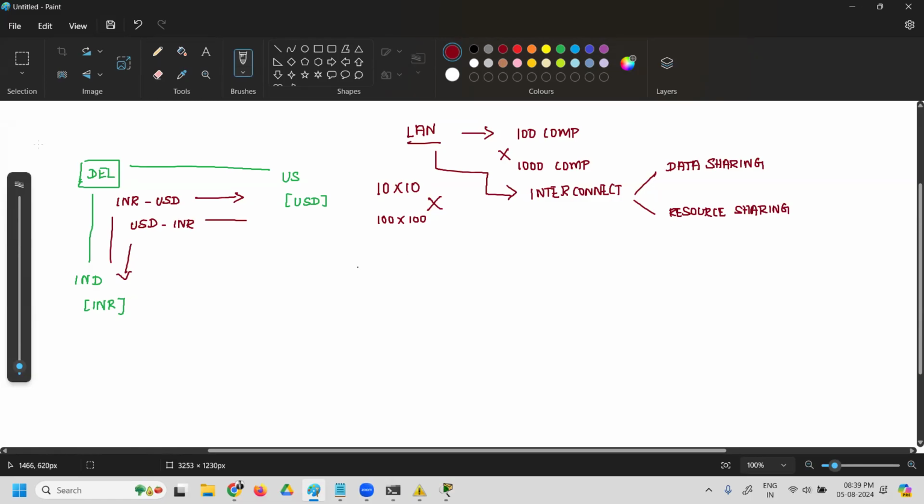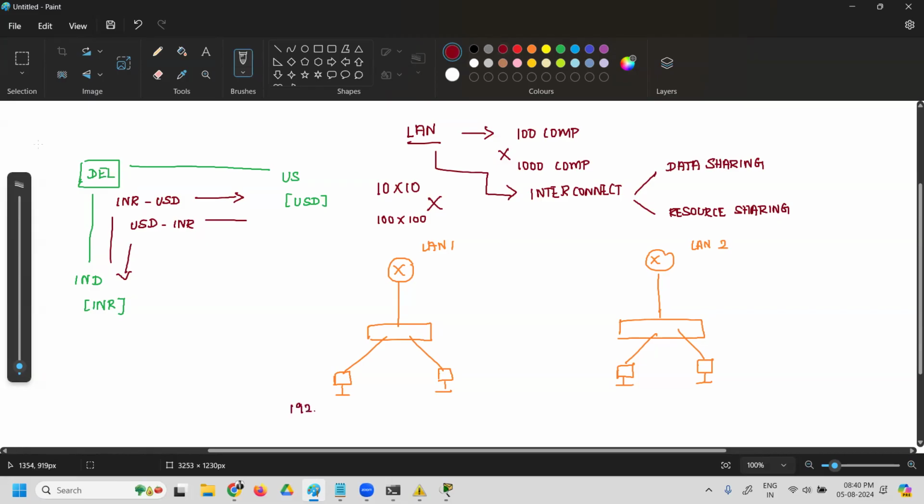Okay, so now coming back to private IP and public IP. Now, assume we have two LANs. This is one LAN, a router, and then a switch, and then we have two computers. And again we'll take another LAN, a router, a switch, and two computers. Now these two are different LANs. This is LAN 1 and this is LAN 2.